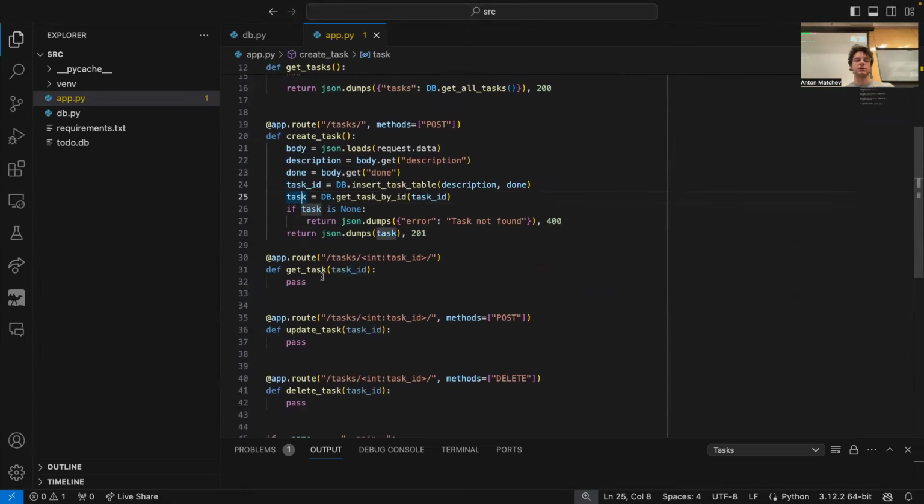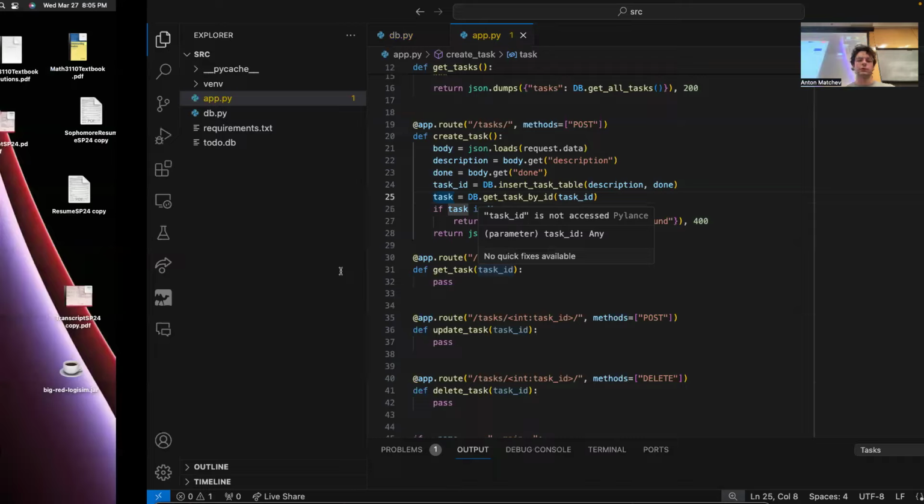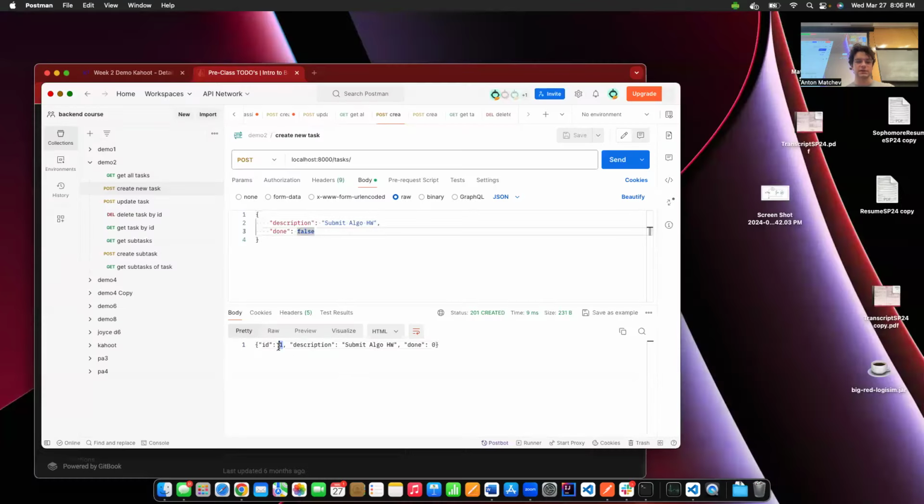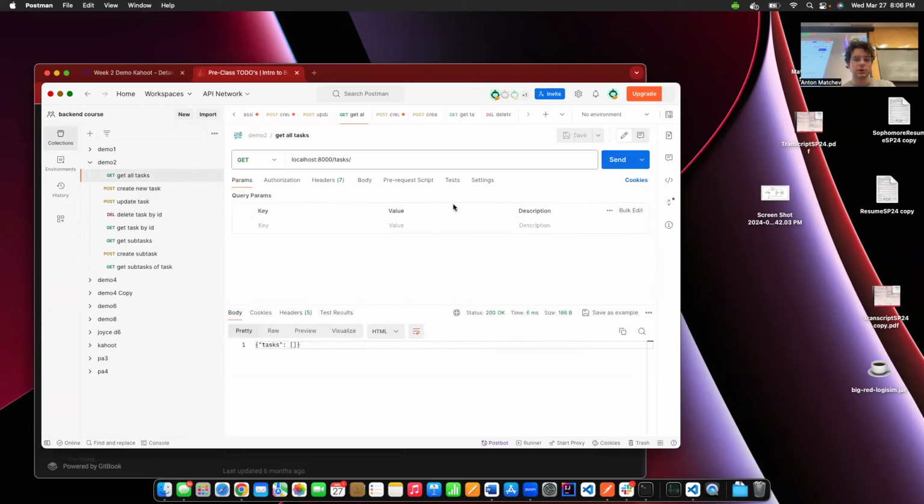Let's see if we can actually get a task by its ID. Let's see if we can try to, I guess, get this specific ID 1 over here. So let's create a new task, another one. Let's do like, I don't know, go exercise. Okay, so now we have ID 2, and if we do get all tasks,